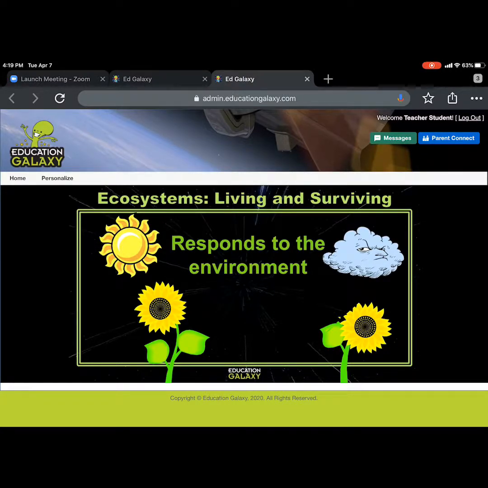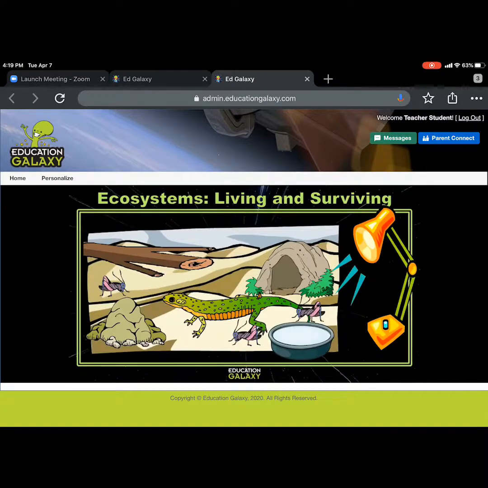Let's take a look at our pet lizard. He lives in a terrarium. Let's pick out all of the non living factors in his ecosystem. He has a heat lamp. That's